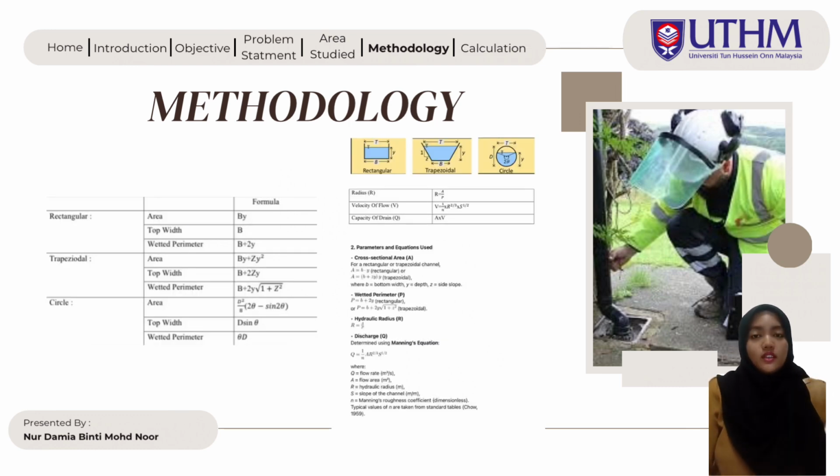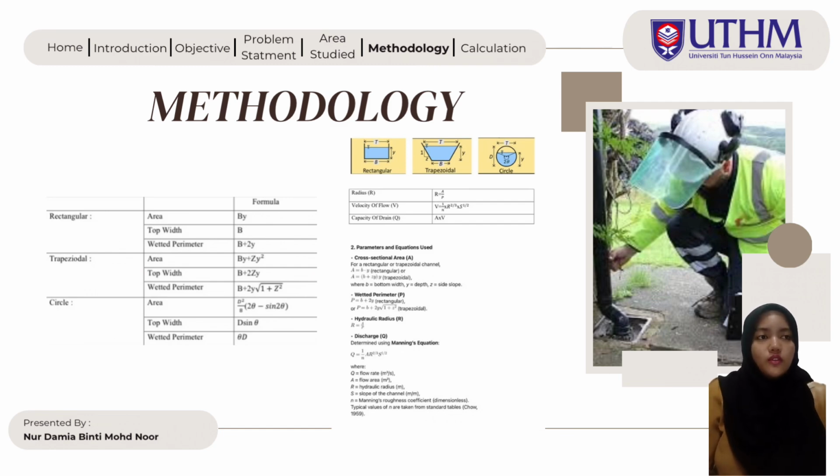Furthermore, for the next methodology, there are three shapes that we need to find if we're using different shapes: rectangular, trapezoidal and circle. This is the formula that we need to find the area, top width and wetted perimeter in different shapes. Here, we need to find a radius and also a velocity of flow